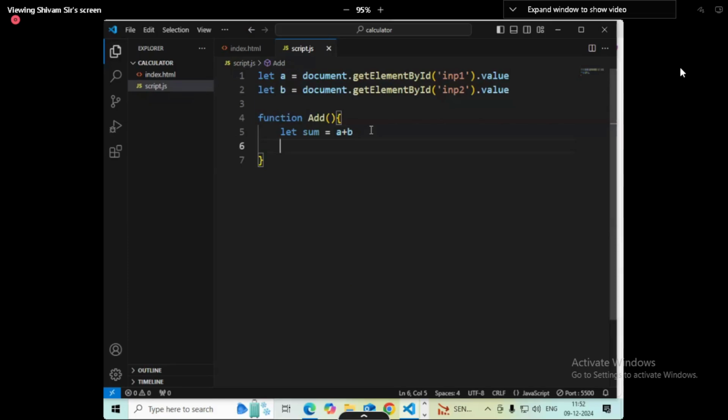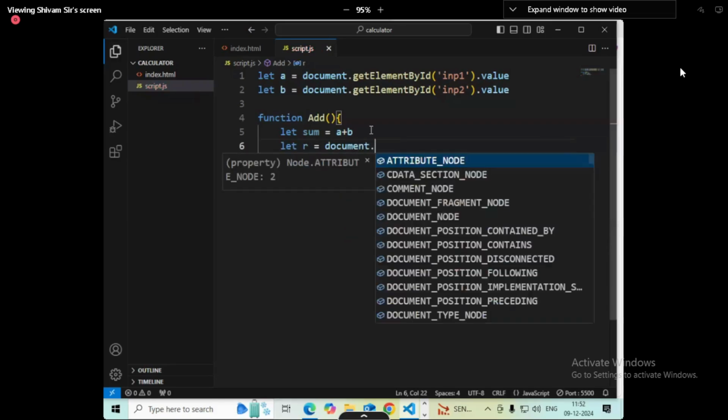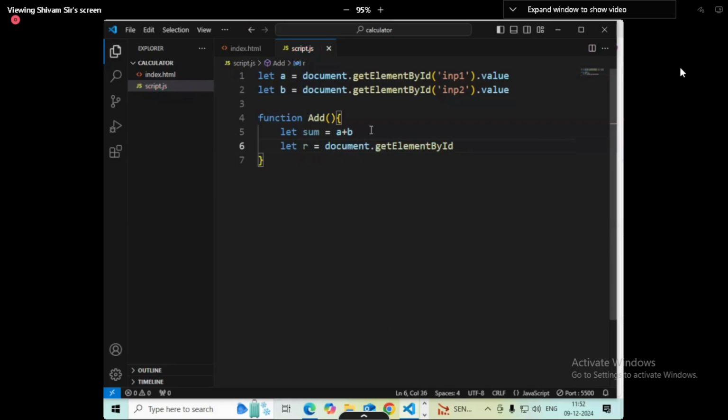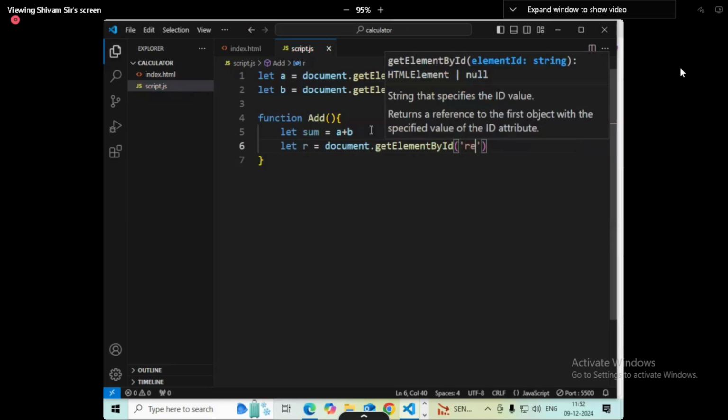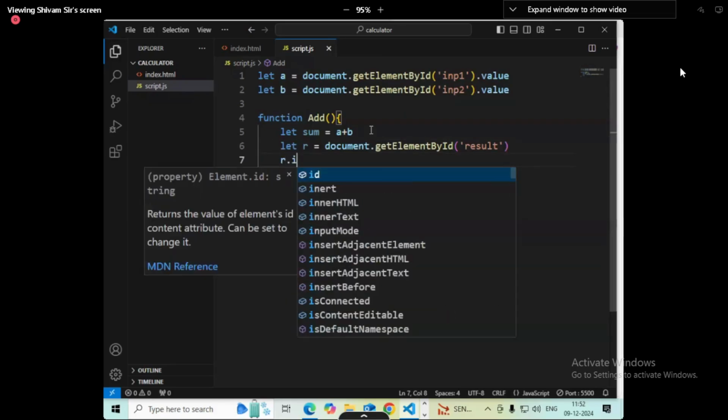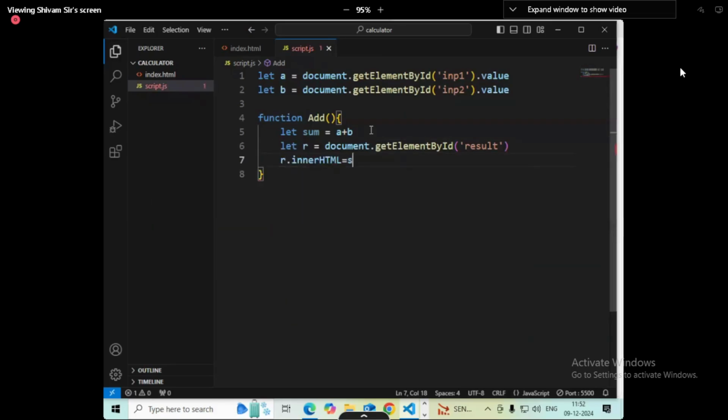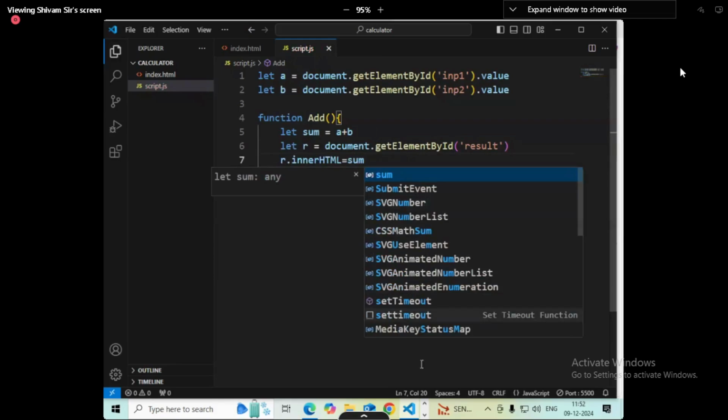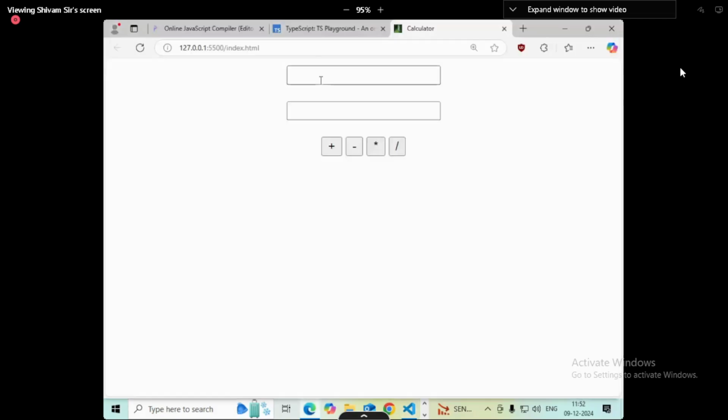So I will say let r equals document.getElementById, and what is the id of that heading? result. Now that heading comes here, then you can write r.innerHTML equals sum. That's it. Let's check. So here I will say 12, and